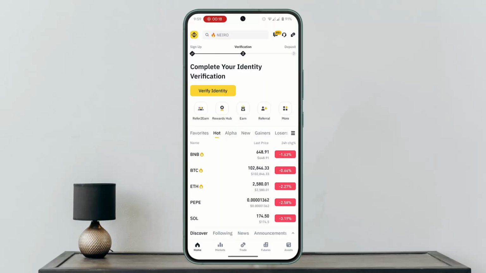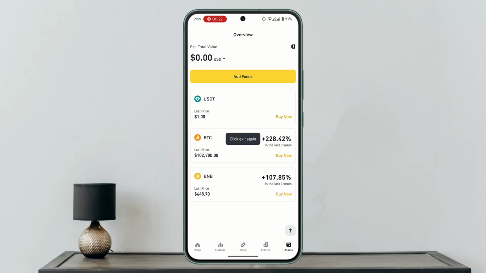Launch the Binance application, and then go to the My Order section from the top of the page. Next, select Pending. Within My Orders, choose the Pending tab to view your active orders. After which, find the specific order that you want to cancel